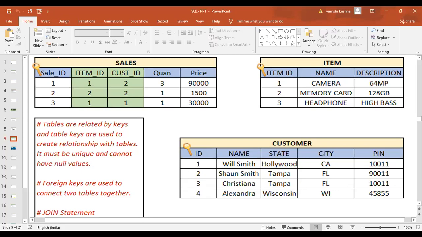So what am I saying? Because there is no relationship, if I want to get the sales of the company, which table should I go to? The sales table. I only get the sales of that company. Now, if I want to know how many items the company sells, what table should I go to? The item table. I have to manually go and type item and then I get that information. Now, if I want to know how much Will Smith purchased or which city he is in, I have to go to the third table. So there is no relationship.